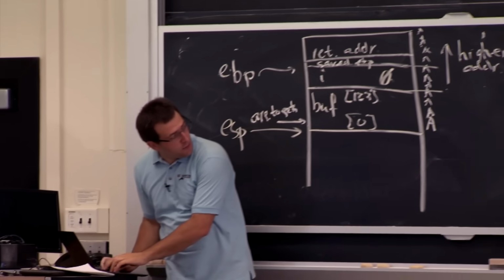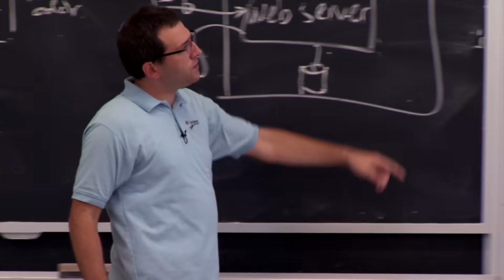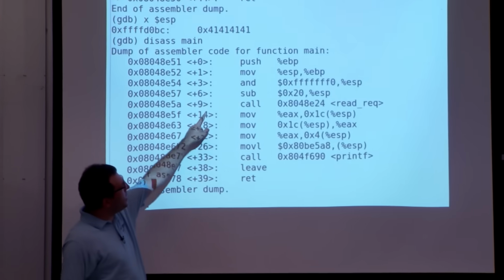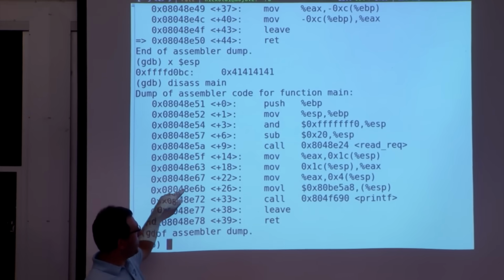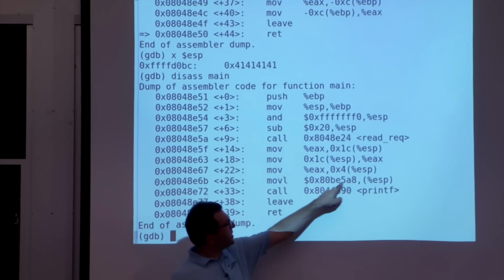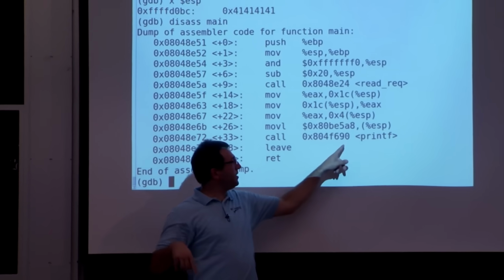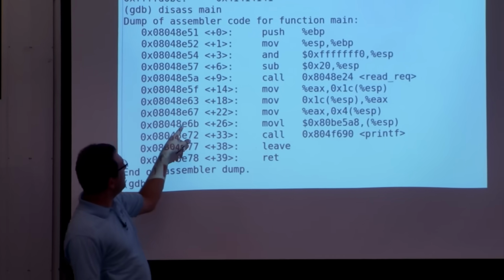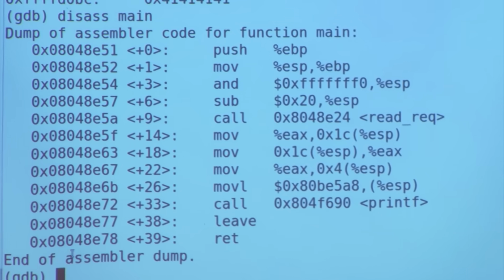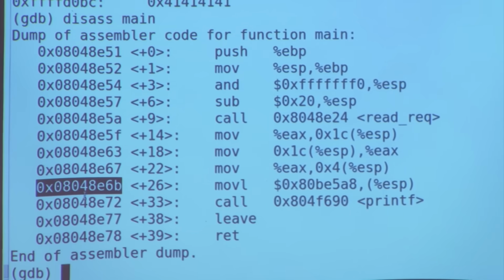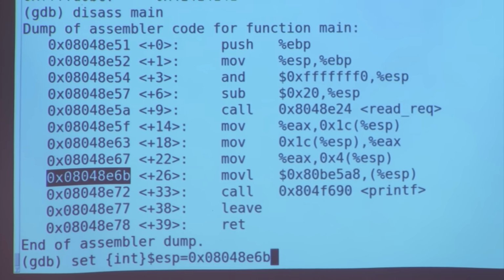So we can actually disassemble the main function. And main does a bunch of stuff, initializes, calls redirect, does some more stuff, and then calls printf. So how about we jump to this point, which sets up the argument to printf, which is x equals %d, and then actually calls printf. So we can take this value and try to stick it in the stack. And we should be able to do this with the debugger pretty easily, at least.